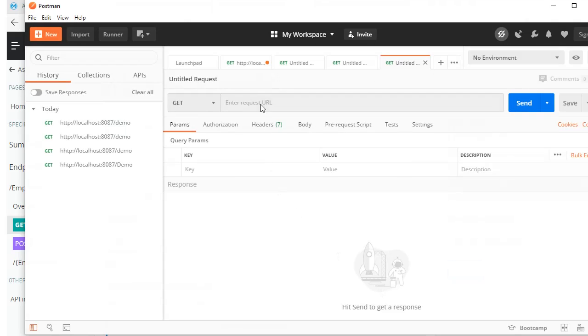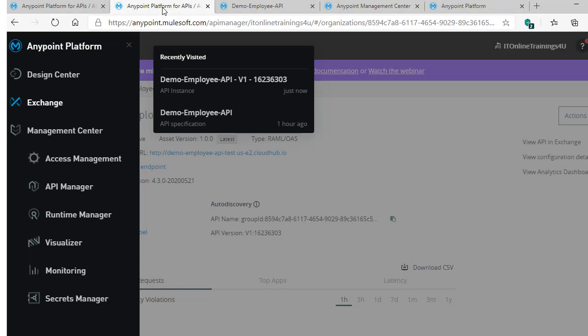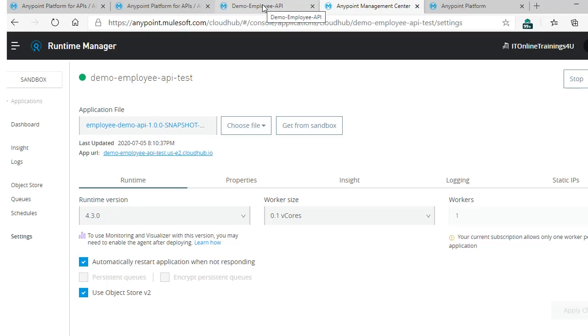Okay, let's test this. So first thing you have to do is, like you need to copy your application URL as we did earlier. So this is from runtime manager. You need to copy your application app URL. This is by default HTTP only.